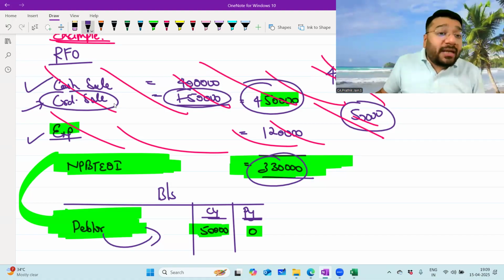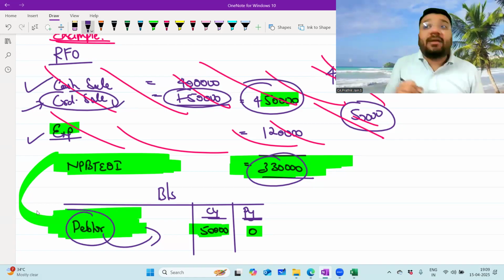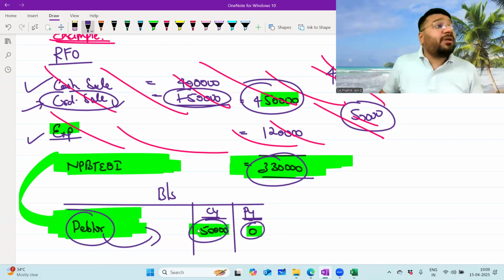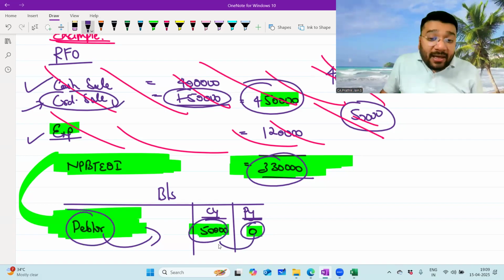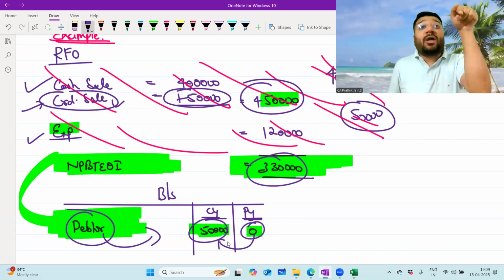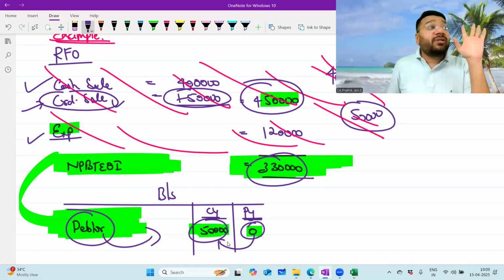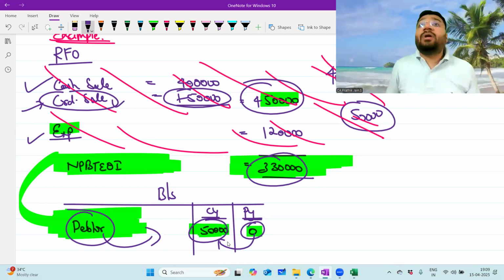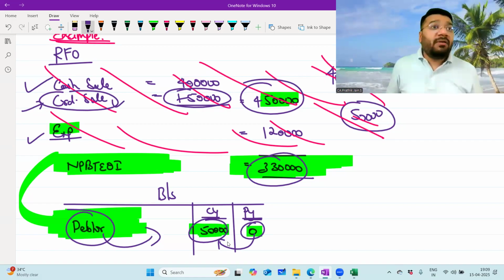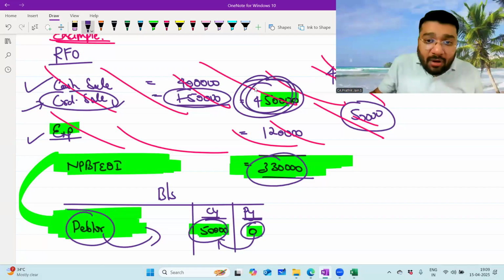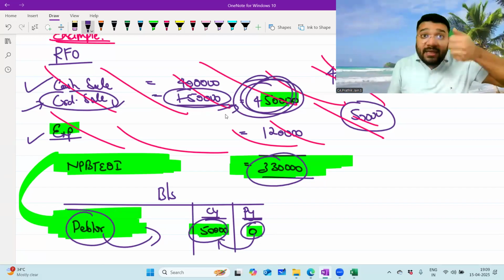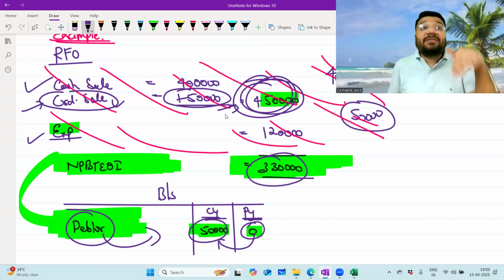How, sir? Because credit sale is something which gets reflected in your debtor. Last year debtor was 0. Current year it became 50,000. What does it mean? It means that in the current year you have sold goods to debtors on credit worth 50,000. As per accrual concept, 50,000 rupees is your income, which is included in your revenue from operation. So in this 450 revenue from operation, 50,000 rupees of credit sale is included. For that, did you receive money? The answer is no. And hence we have to